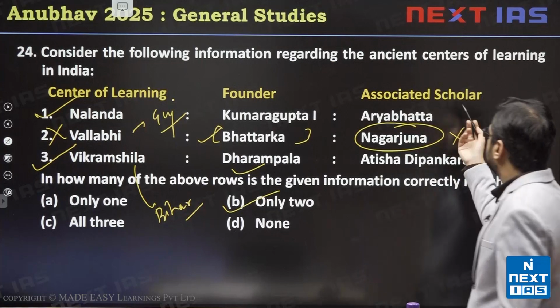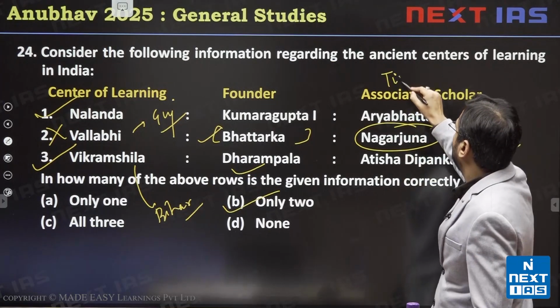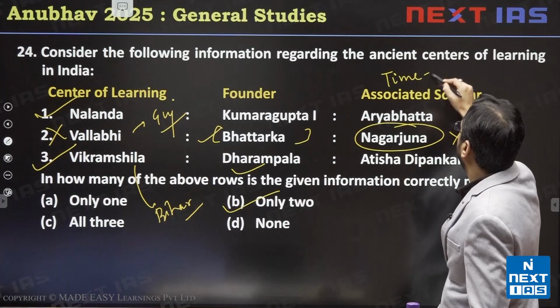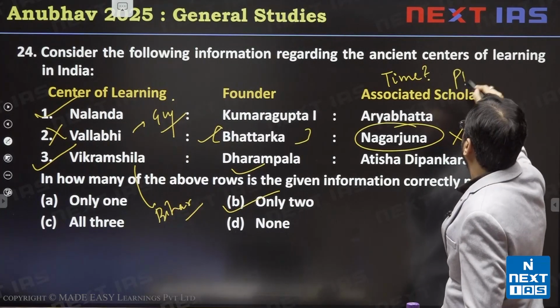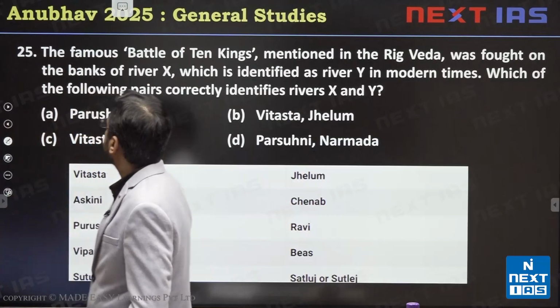Okay. इस क्वेश्चन में एसोसिएटेड स्कॉलर की जगह you could have also expected time, or you could have also expected place. Next,